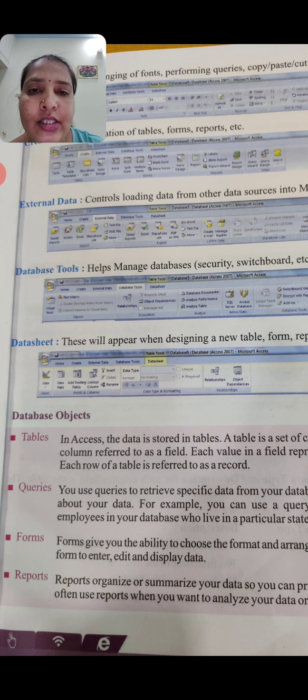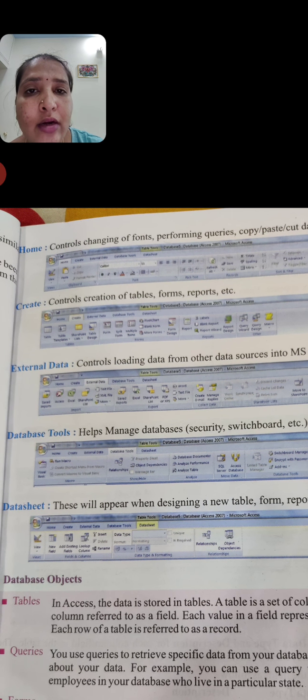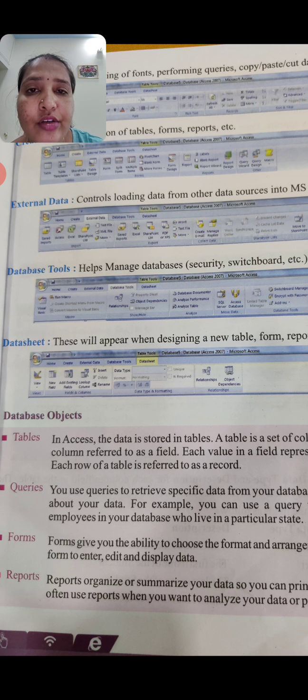Next, go through the book and see it properly, all the options that come under external data, database tools, data sheet, create and home. You can see all the options in the textbook. You will get it clearly when the lab starts. Now just go through it.